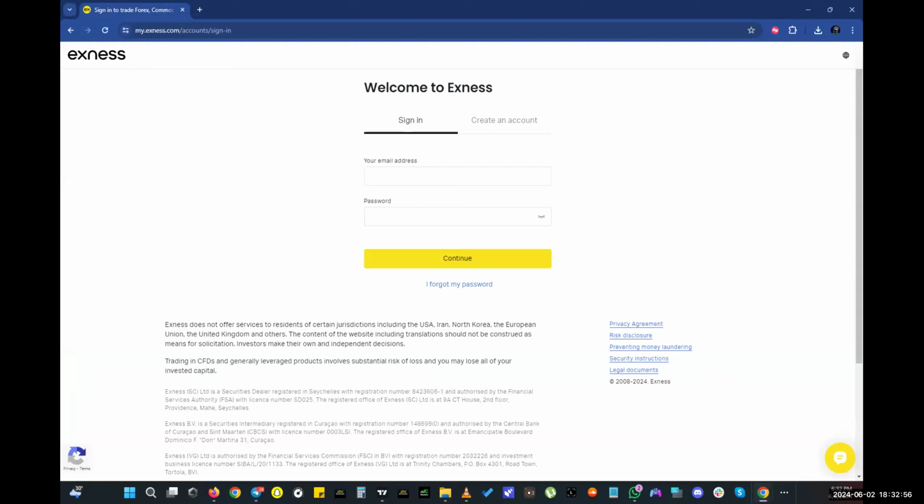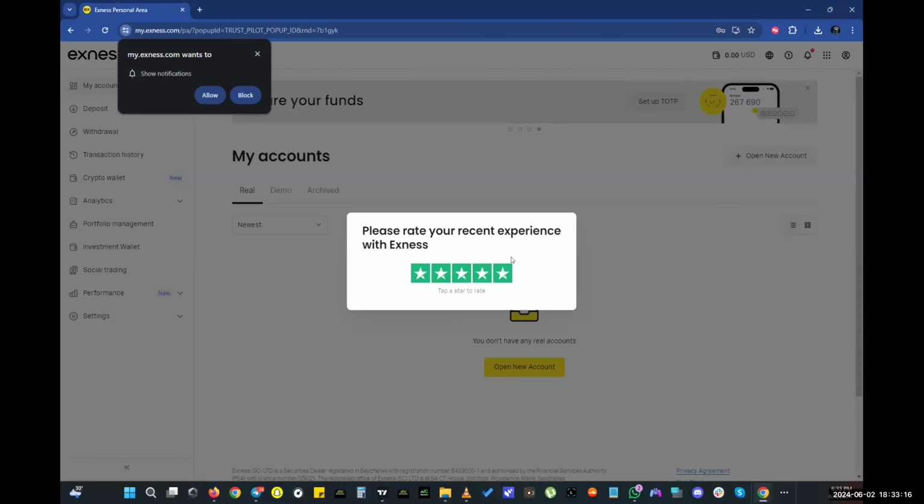Let me try and sign into my dummy account so that you have a fair idea. So I'm signing into the account I use for teaching purposes. Once your account has been signed in like this,